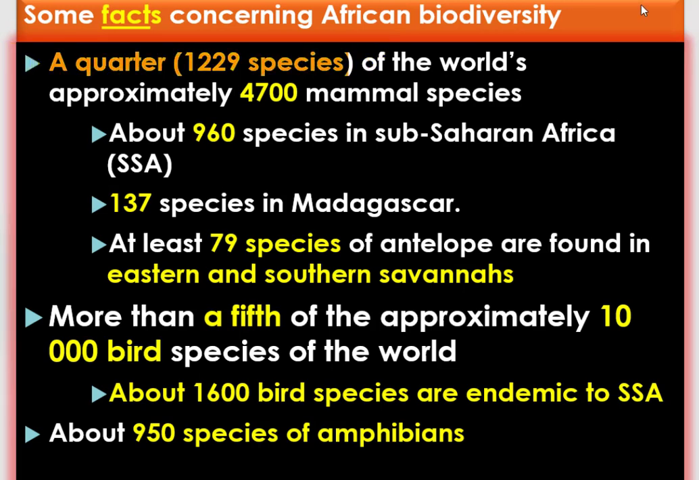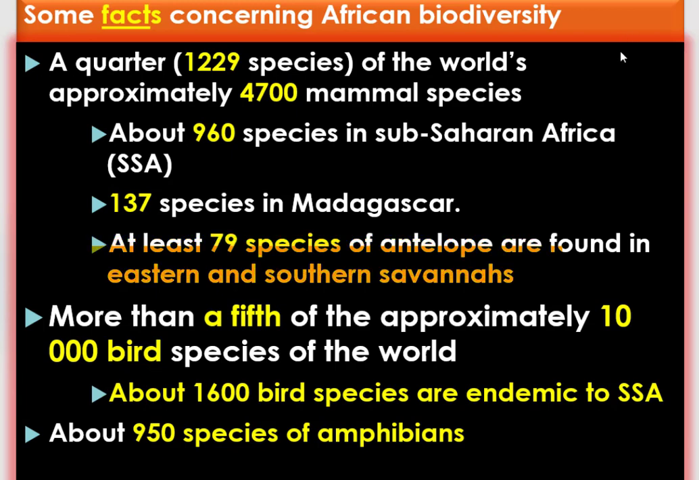Let us see some numerical data concerning African biodiversity. A quarter of the world's approximately 4,700 mammalian species exist in Africa. That is about 1,229 species. Of this number of mammalian species, about 960 species are found in sub-Saharan Africa and about 137 species in Madagascar. Large populations of mammals, including at least 79 species of antelopes, are found in the eastern and southern savanna